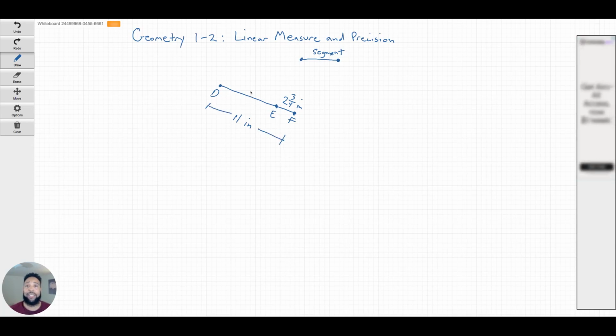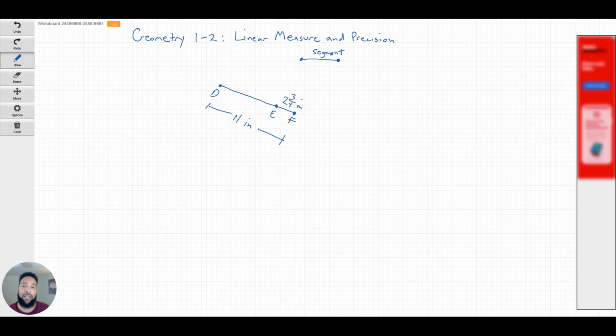So you notice in this situation, I'm giving you the entire length of the segment D to F, and then I'm giving you a piece of a segment E to F, which is 2 3/4 inches. So what if I wanted to find the distance between D and E? So based on what we're seeing,